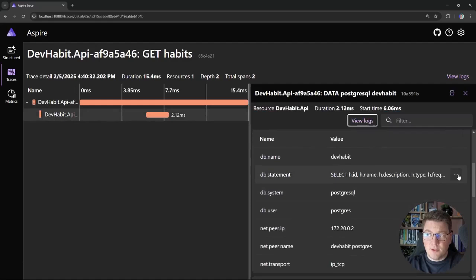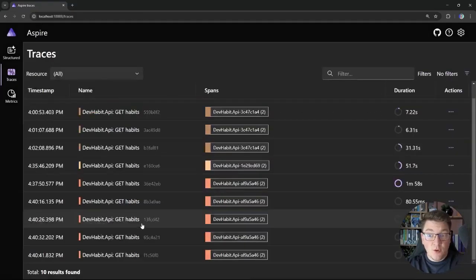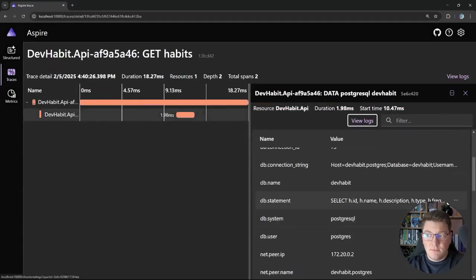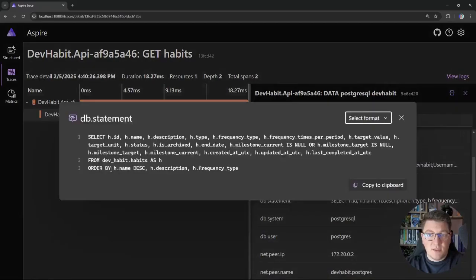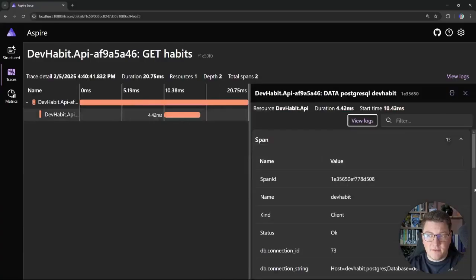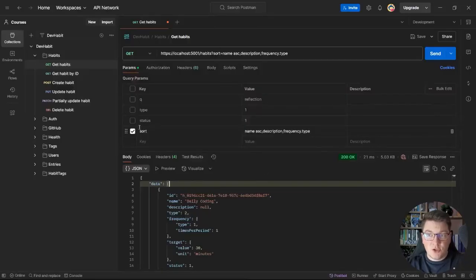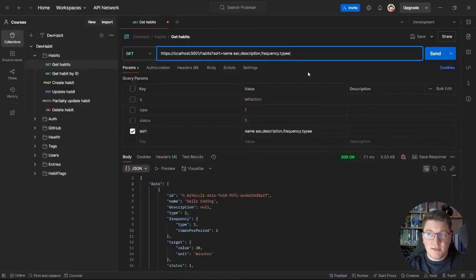and observe the SQL query that I have here, you will see that we are sorting based on the name, description, and frequency type. In the query before that one, we were sorting based on the same columns, except the sort on the name column was in descending order, and in the last trace I have here, we are sorting by our default column, which is just the identifier of the habit. So we can conclude that our sorting is working as expected,